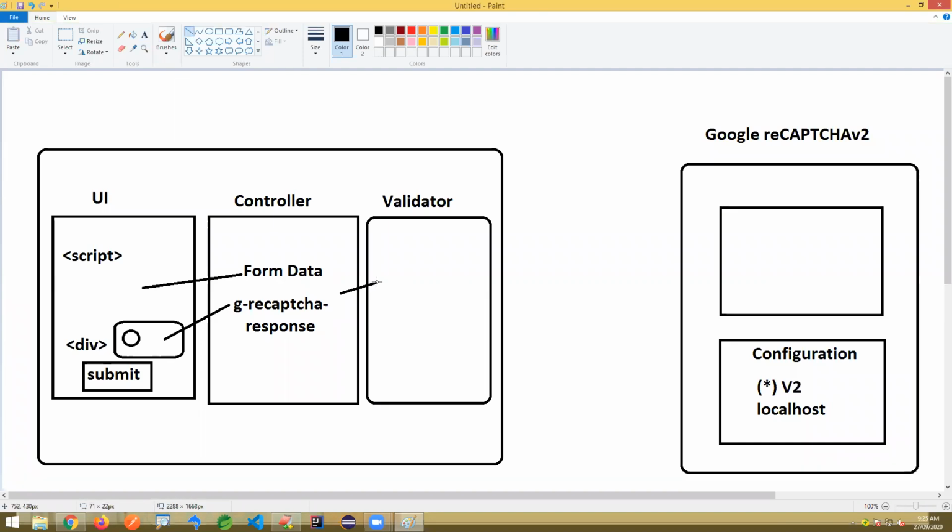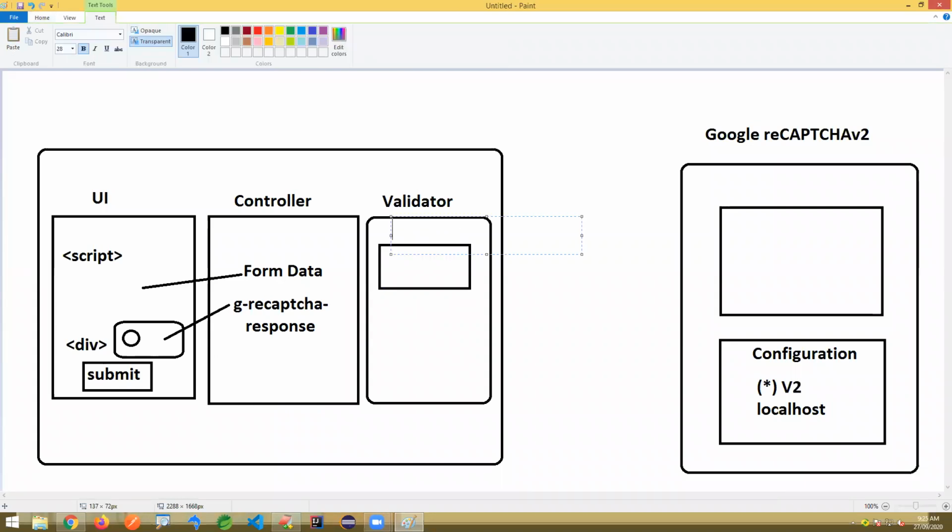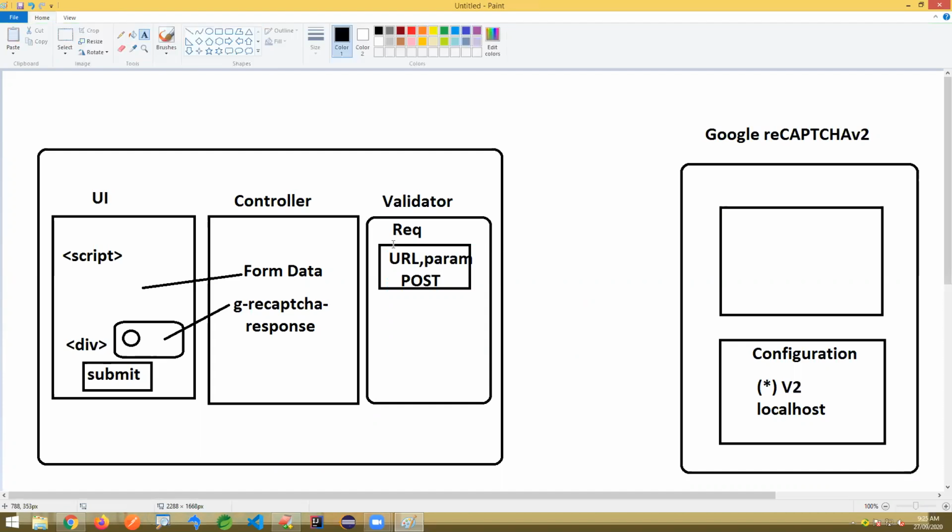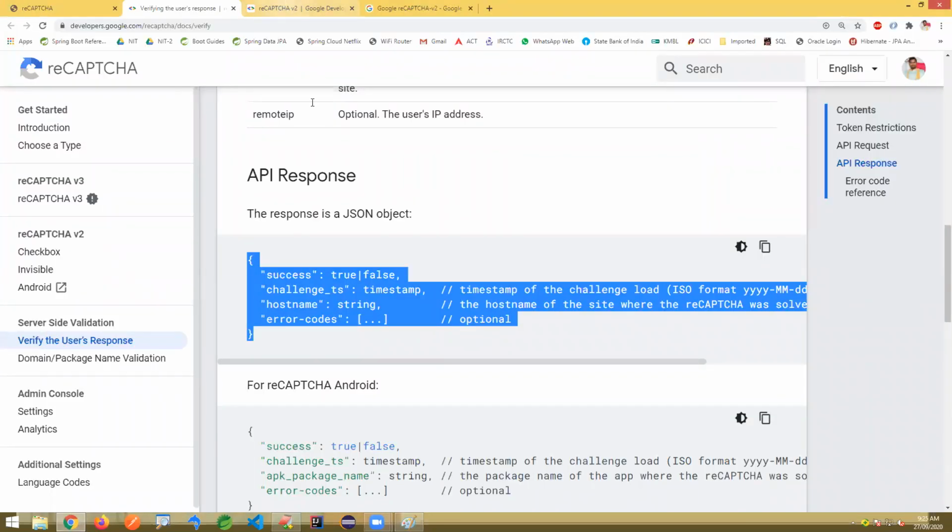What this validator does is construct an HTTP request and execute it. It prepares the request with a URL, some params, and the type POST. The URL is given by Google reCAPTCHA only.